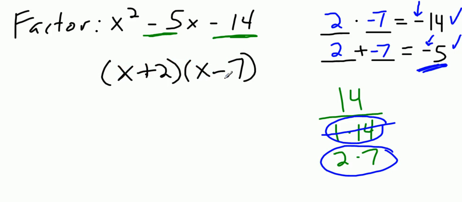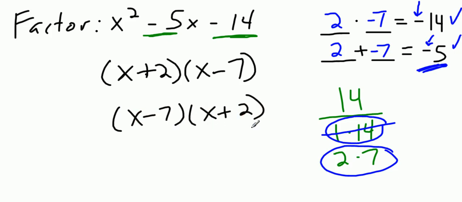Okay. Now, if you happen to come up with this -7 in the first blank and the +2 in the second blank, these are exactly the same thing. Right? The order of the parentheses doesn't matter. You're still going to get the same thing. You could have